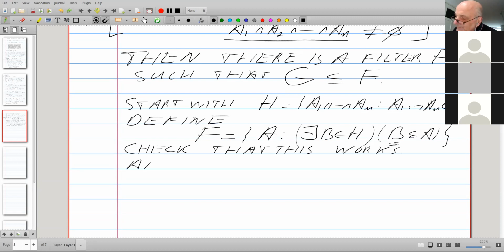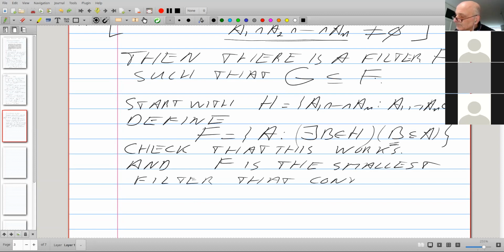And also check F is the smallest filter that contains the family G. Take any filter that contains the family G, it should contain H by definition.